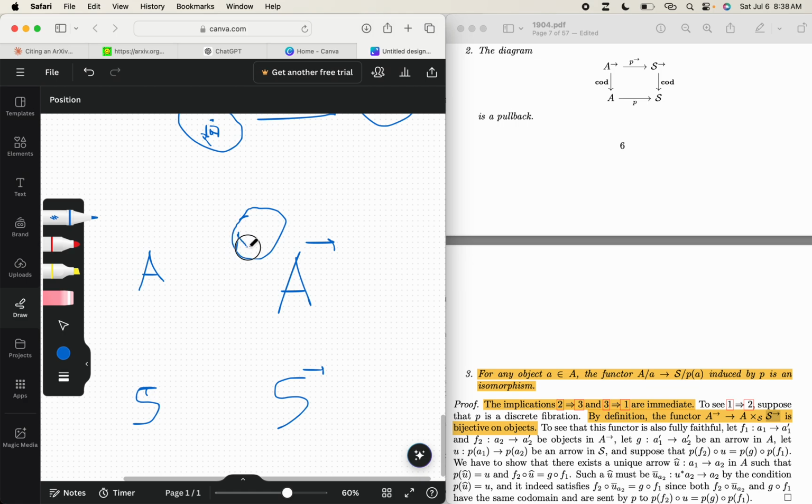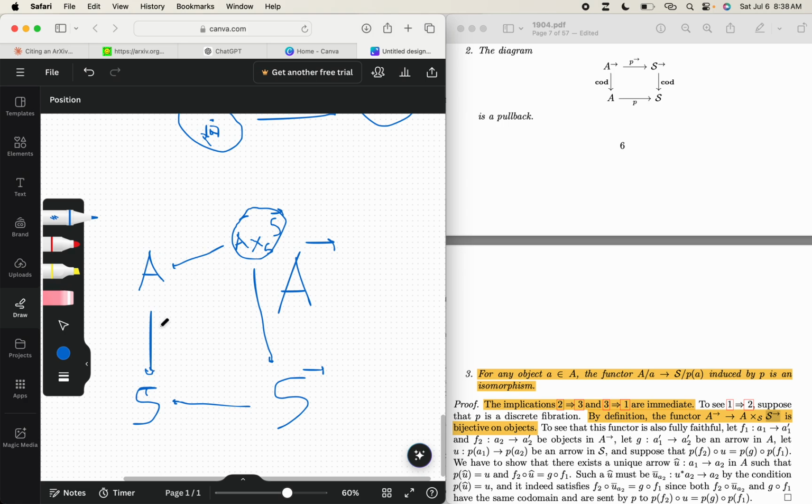A product S arrow. And if that pullback exists, we think that this diagram commutes. And now I feel like it's clear that there's a lot of information here to be explored